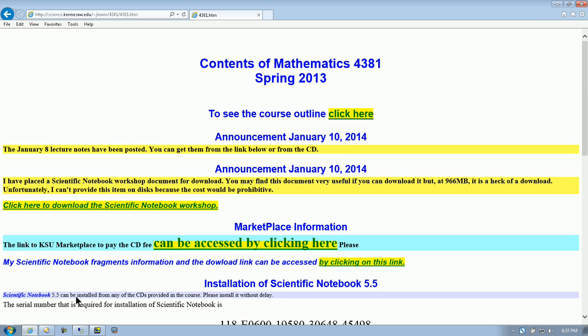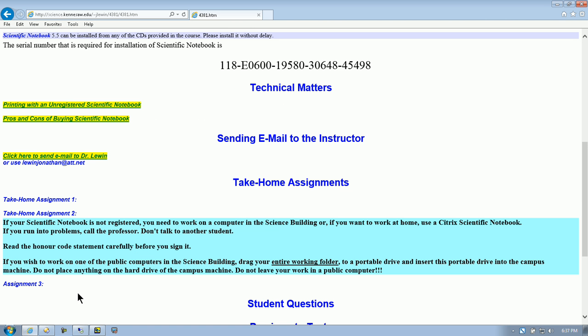There might be announcements that you need, and I put lecture notes here, and I also put any important announcements that you need. I can tell you now that the lecture notes in the website are probably better than the ones in the CD from last time. I'm a bit worried that I was in such haste and in such a state that I may have made some errors. The CD from today will have that corrected and will have today's lecture notes and today's video.